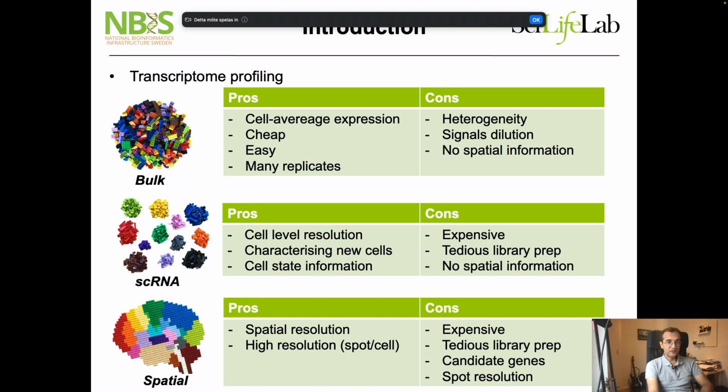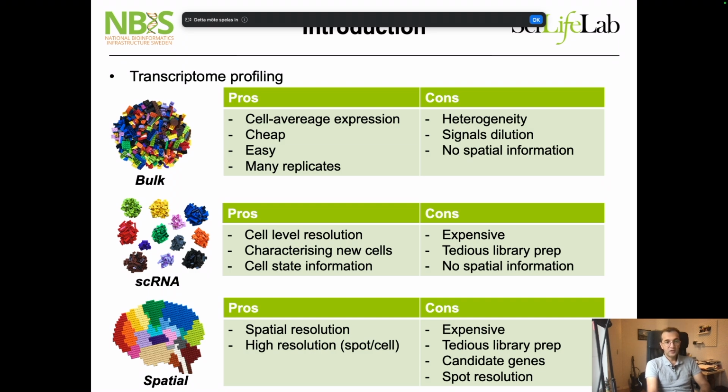In single-cell RNA-seq, you can go from bulk to single-cell level resolution, and you can characterize new cell types. It also gives you information about cell states. However, it is expensive, it has tedious library prep, and again, similar to bulk,